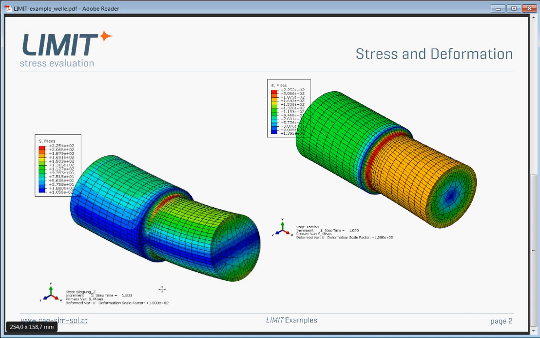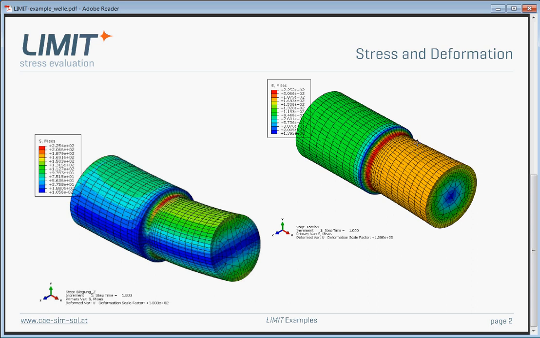The one down here is a bending moment acting on the shaft with a nominal bending stress of approximately 150 MPa here in the thin shaft, and we have a torsional moment acting at the end of the shaft,